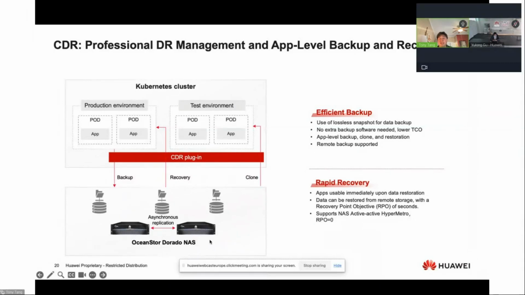And it also can leverage the hypermetro, hyper replication, to replicate to another storage system. And if one side has a disaster, it can automatically restore all the applications, pods, and storage system. If you only have one pod or one container instance, it's maybe okay to do it manually. But consider if your production environment has thousands of pods, it's going to take days to manually recover the systems. But CDR only takes minutes to restart the pods and restart the applications, connect all the volumes automatically. You don't have to do any single thing. It's all automated. Okay. So therefore, it really can realize very low RPO and RTO,